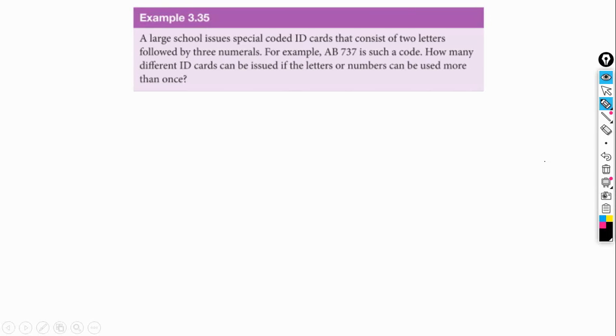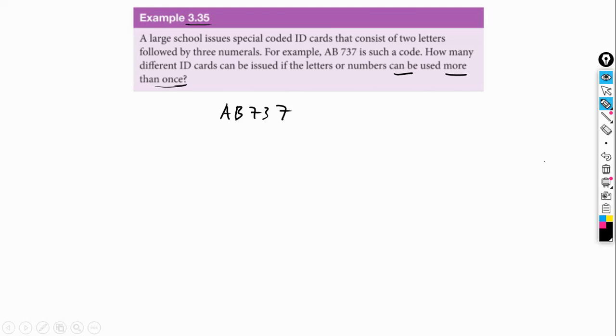So now we continue with example 3.35, and it says, a large school issues special coded ID cards that consist of 2 letters followed by 3 numerals. For example, AB737 is such a code. How many different ID cards can be issued if the letters or numbers can be used more than once? So they can be used more than once. That means that you can have